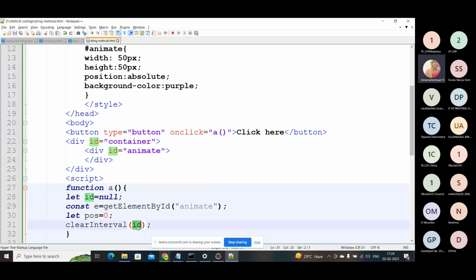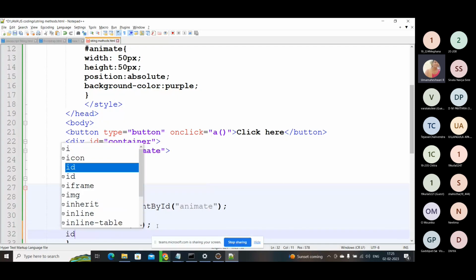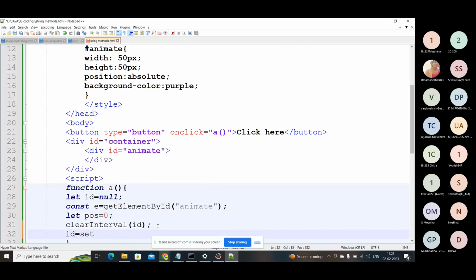For example, if it's in the top left and it's just moving towards the bottom right, the functioning happened. But in some cases, that particular thing is going to be null and it will go on to the top. So for that purpose, we are using this clearInterval. And the next thing is I'm going to assign this id for set